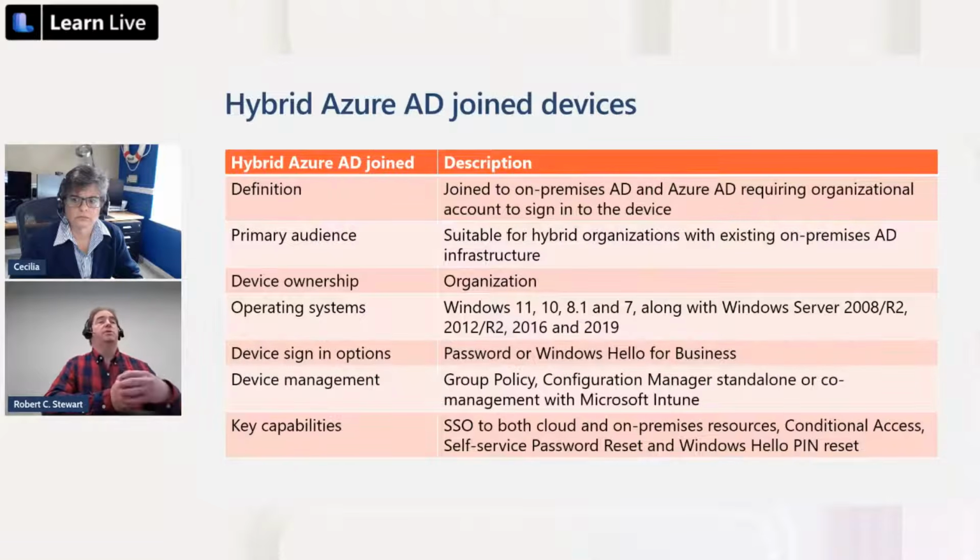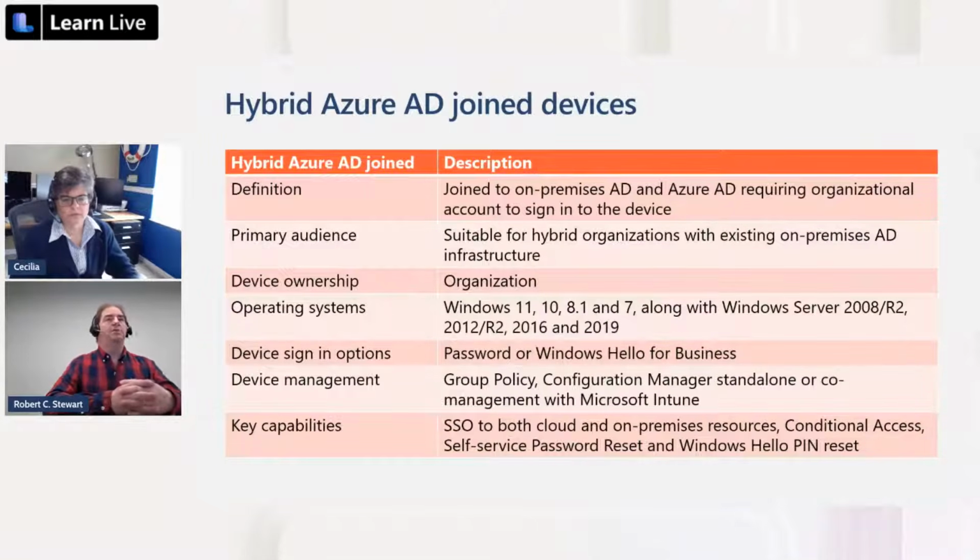Again, you can set up specific policies using group policy, Configuration Manager, or Windows Intune if you're a cloud-based company, to tell it exactly what the configuration has to look like to be able to access. You enable conditional access capabilities as well, so that the control can be